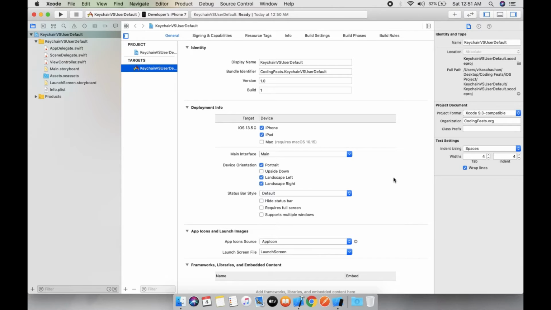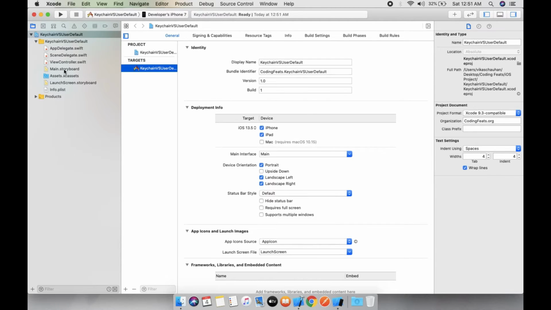Actually, user default is a plist file in the app's package, and you can use it to set and get simple pieces of data. Its structure is very similar to that of a dictionary, and user defaults are often regarded as a key value store. So let's take an example for this.